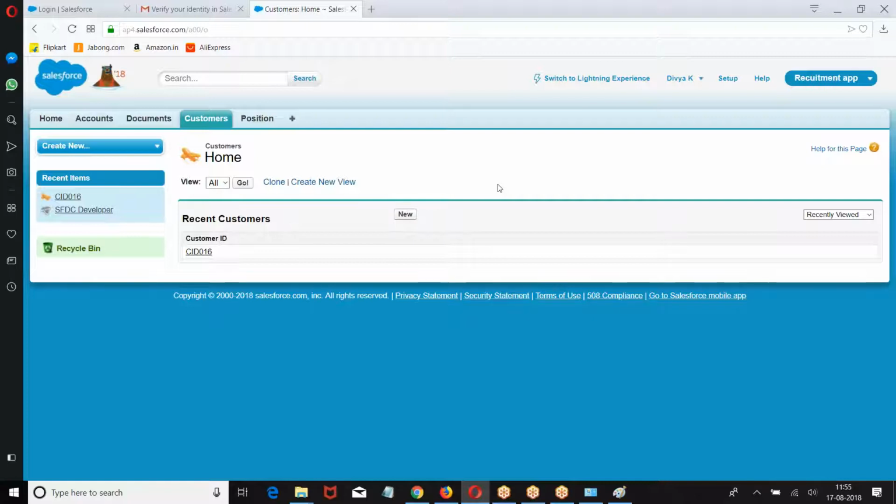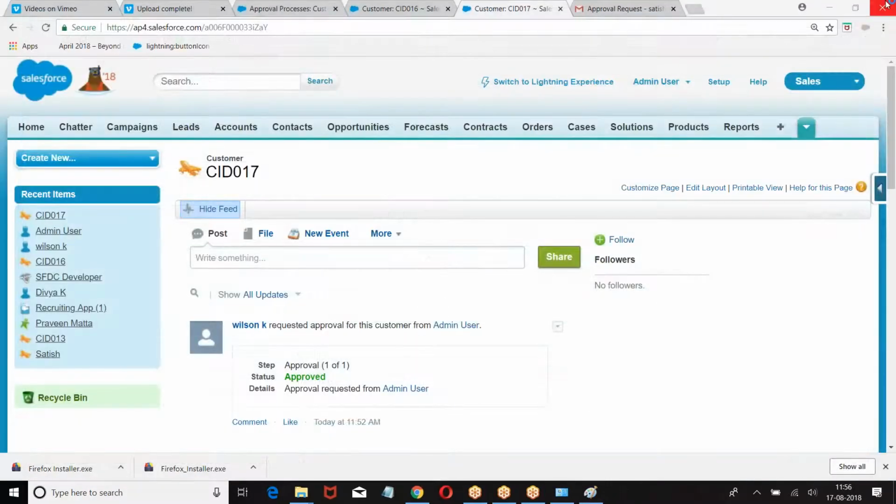Now, how many types of actions do we have? Initial submission action, approval step approval action, approval step rejection action, final approval action, final rejection action, and callback. Callback is when you call back the record and want to perform something. Now, the entire process is defined like this. It has multiple steps. When you do the examples, you remember the process. Let me give you the overall flow once again.